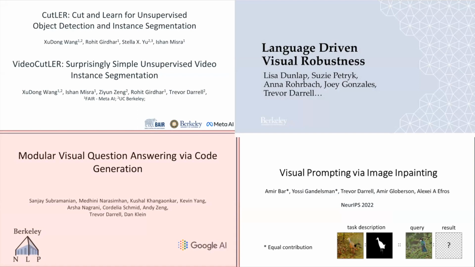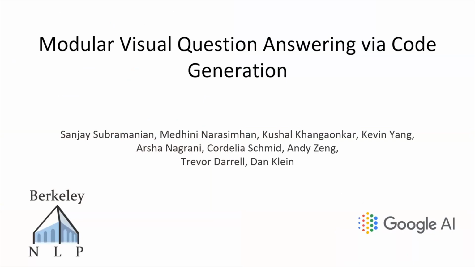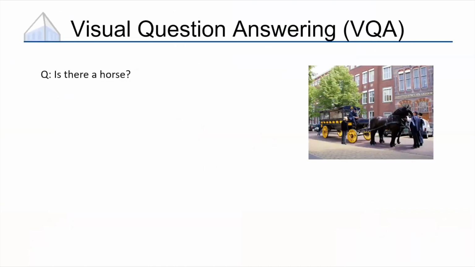Now we're going to get to relatively new stuff and stuff that actually dovetails exactly with the previous talk. I'll first do the modular question answering. It's new, but it's also old. This is a collaboration with several colleagues, including colleagues from Google, from Cordelia's group. We've been interested in visual question answering, or really hard tasks, for quite a while, and you can shove your favorite ConvNet or transformer at a model